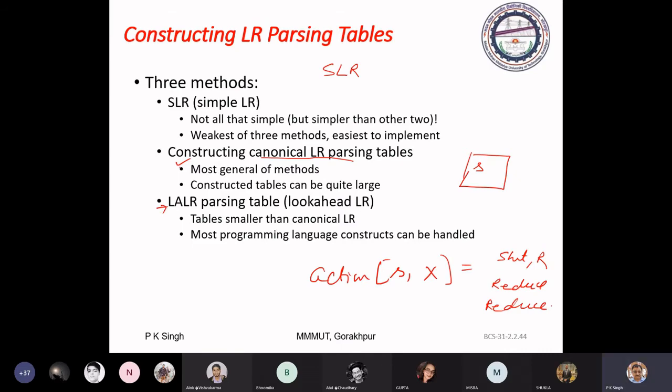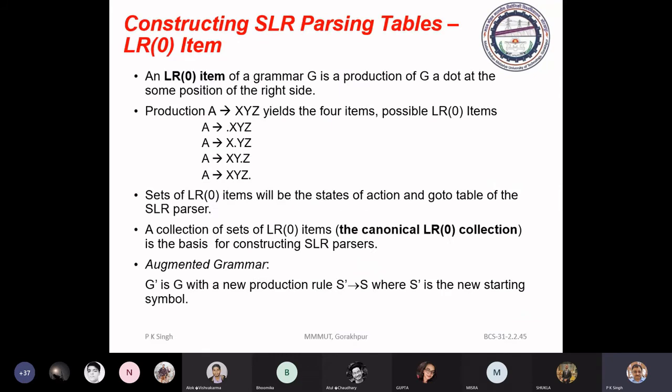Now see the basics of LR parsing. If you recall, the content of the stack in an LR parser has two pieces of information. One is the grammar symbol, another is the state.